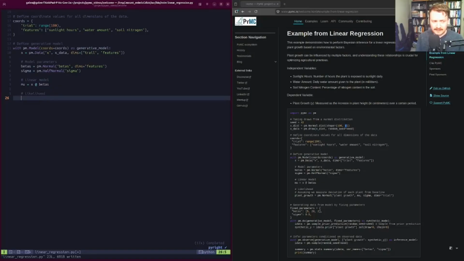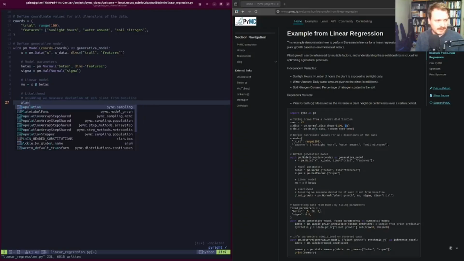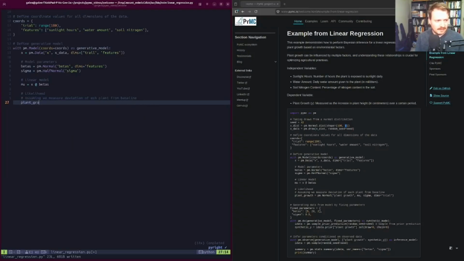Let's define the likelihood of our model, or in other words, the probability or probability density of the data given other stuff. What stuff? Well, given these betas and sigmas, which are, in a Bayesian context, random variables. So assuming we measure deviation of each plant from baseline, okay, we'll say that plant growth is going to be normally